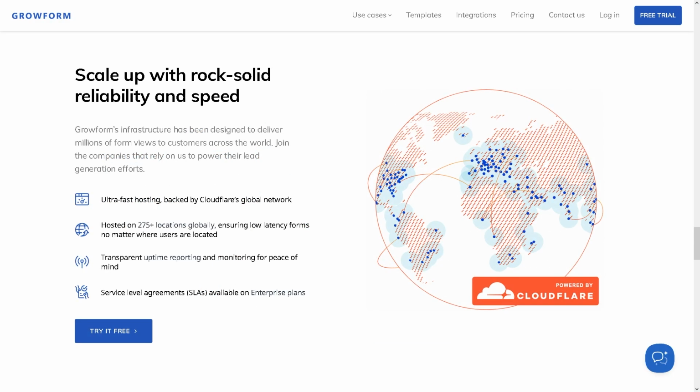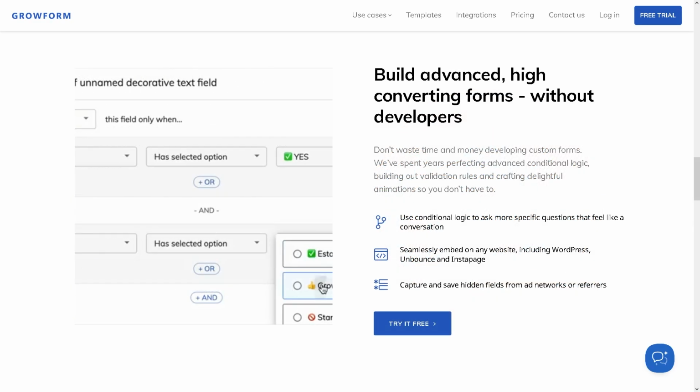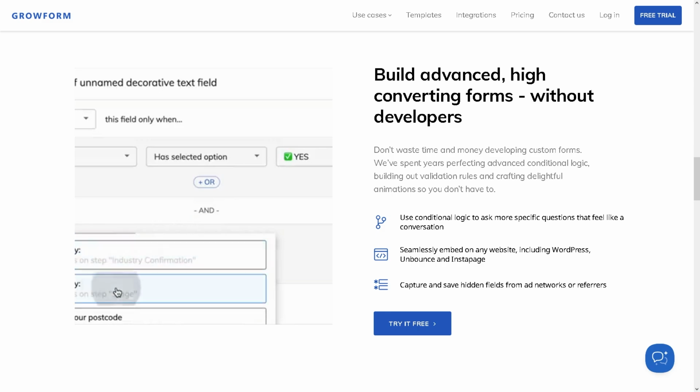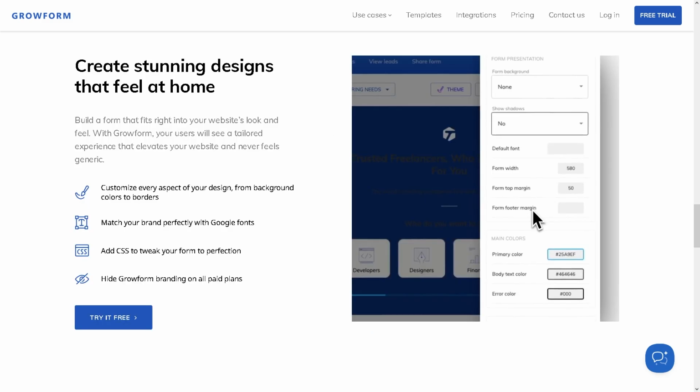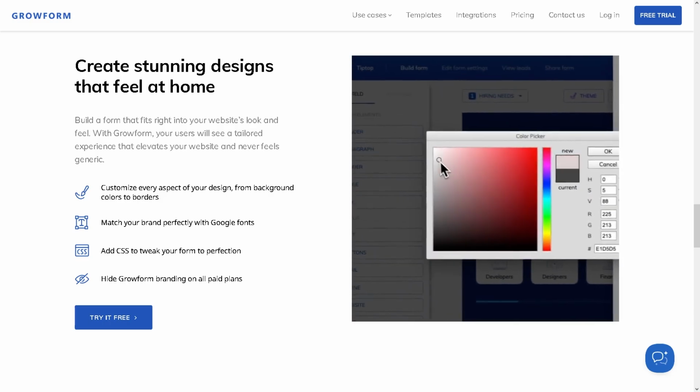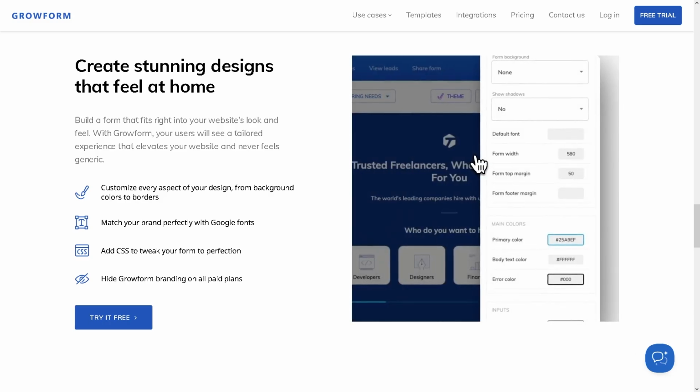This allows businesses to turn website visitors into high-intent prospects without overwhelming them with long forms. Because instead of asking visitors to fill one long form, Growform breaks the process into smaller, easier steps that feel